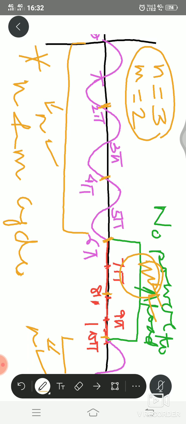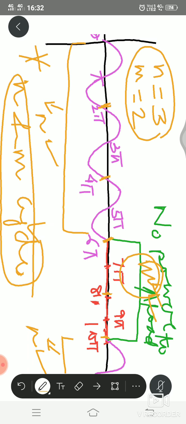So for this method, we need to control what? We have to judiciously control the n and m number of cycles. n means the number of cycles for which we are getting the output voltage, and m stands for the number of cycles during which we are not getting any output voltage, right? So this is as per our requirement, n and m. Now let us find out V0 average for this case.